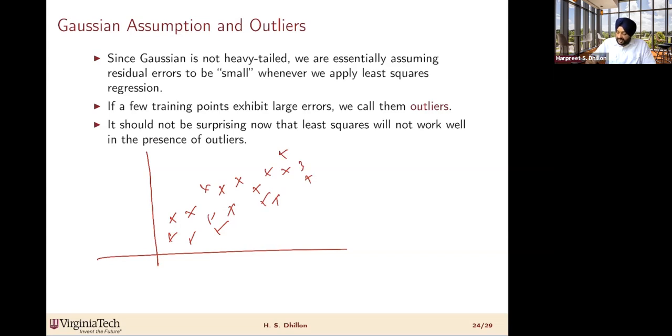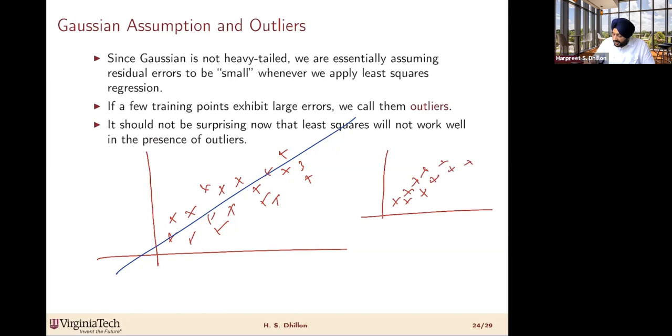Now, if you do least squares, you might get, for example, this line. It's pretty accurate, pretty meaningful, at least I would say. And then what if you have again this data, and then you have a couple of outliers here? Maybe let's just put only 2 of them. So what you are going to get then is something like